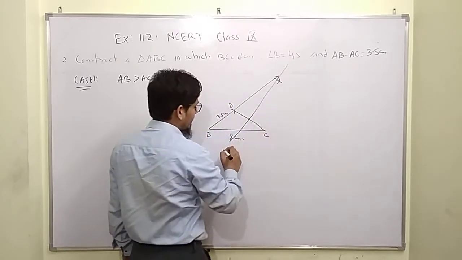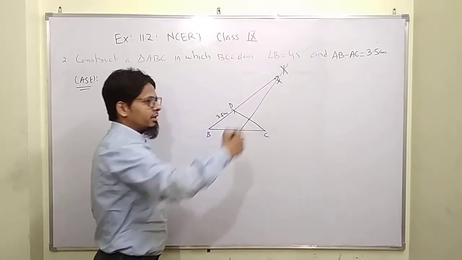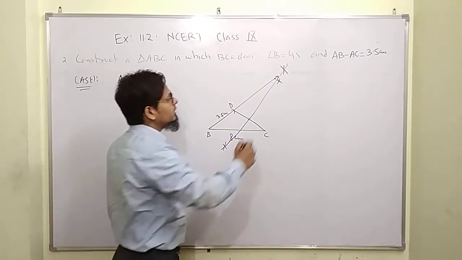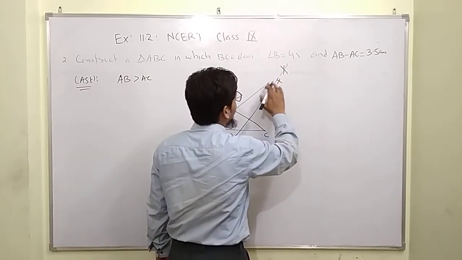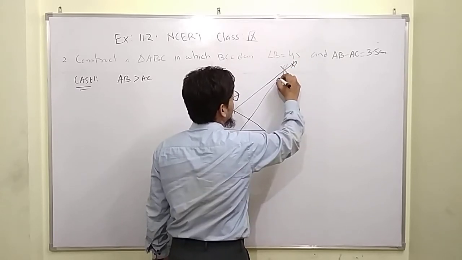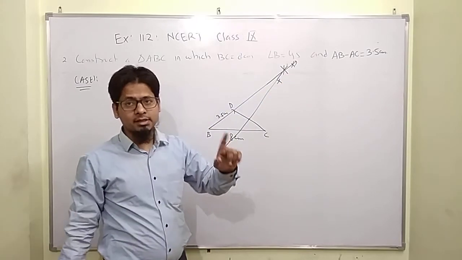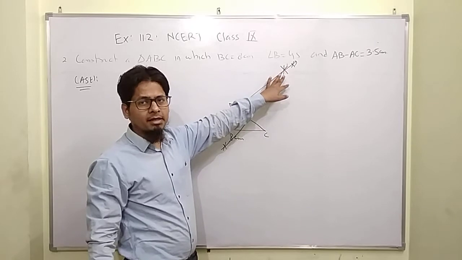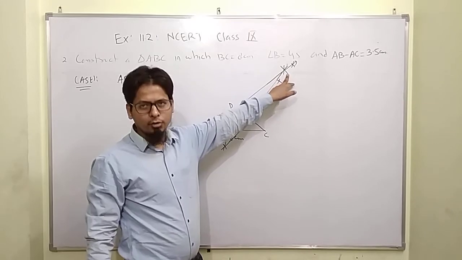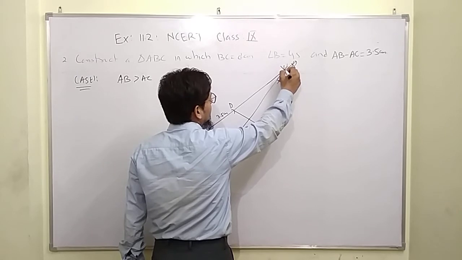This point will be cut here and this point cut here. In the figure I am drawing by idea, you will do it using a compass. This ray BX I also have to extend. It is not necessary that both should intersect at the same point; it may intersect anywhere. It is by chance that here this ray and this perpendicular are intersecting at the same point.